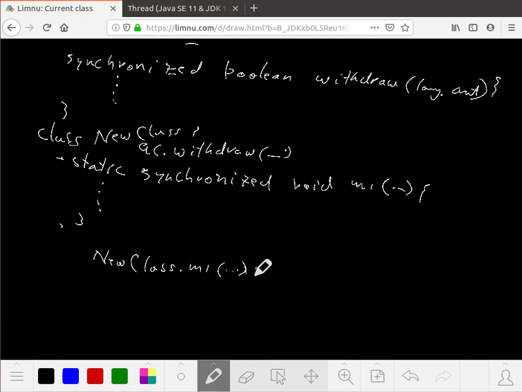Okay, so what should we do? In the Account class, we should make the methods synchronized. We declare our methods to be synchronized. Methods like getName and getAccountNumber need not be synchronized. Withdraw, deposit,